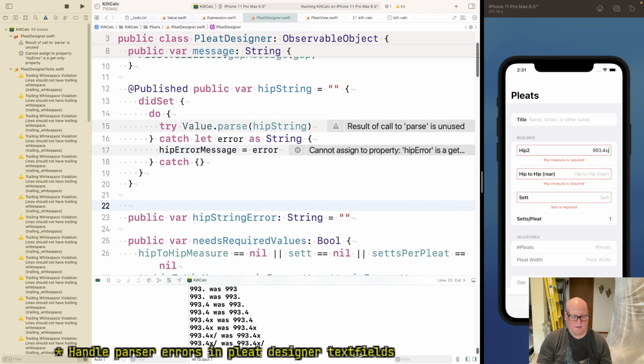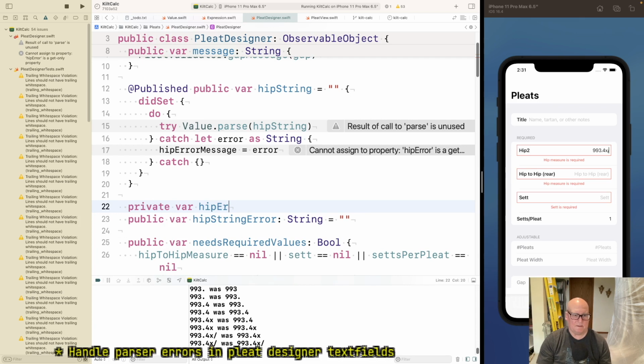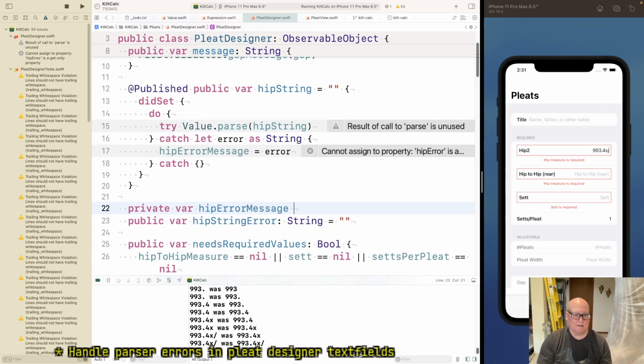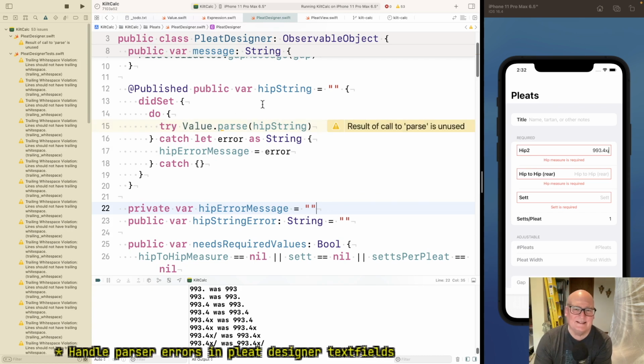Yet another field. How about private var hip error message? Starts out empty. Okay. All right. We don't need to care about this, I don't think.